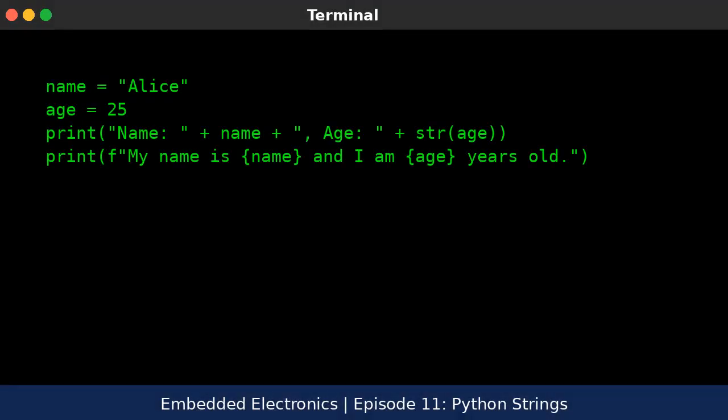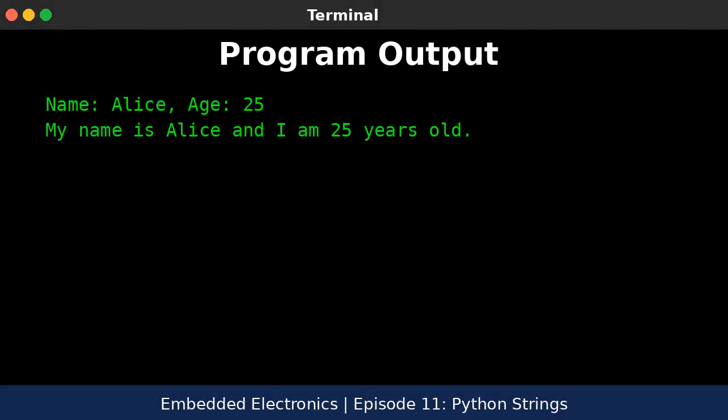This example shows two ways to join strings, using concatenation and F strings for formatting. The output of example 4, string concatenation and formatting, is as follows. Name, Alice. Age, 25. My name is Alice and I am 25 years old.